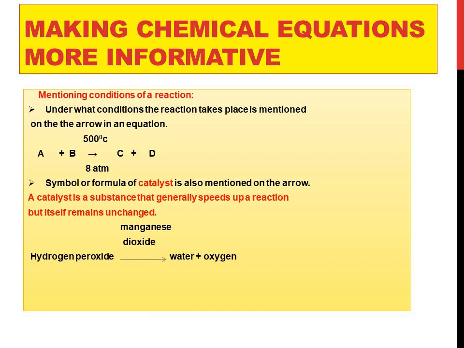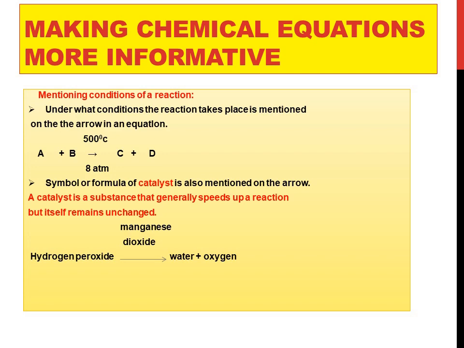For example, hydrogen peroxide gets slowly converted into water and oxygen if left alone. But if the reaction takes place in the presence of manganese dioxide, it occurs quickly. So here manganese dioxide is a catalyst which is there in the reaction, helping to speed up the reaction. So that is how we can make our chemical equation more informative by mentioning the conditions of the